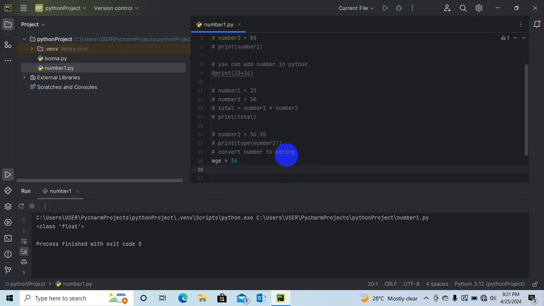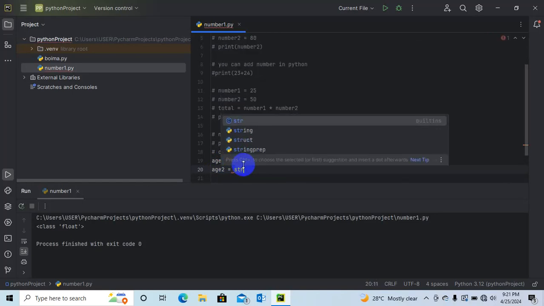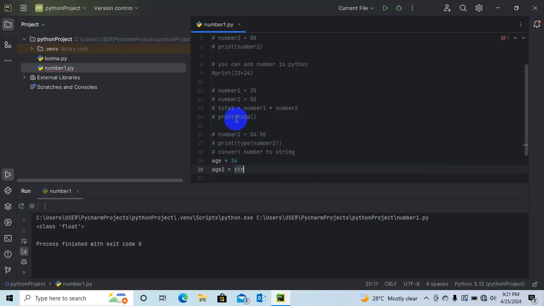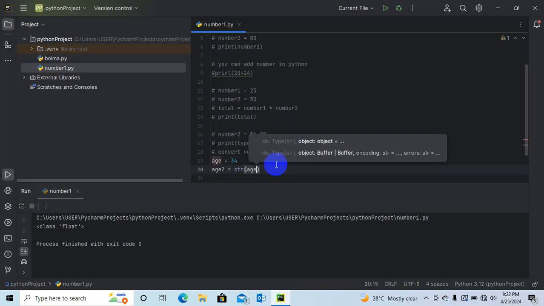Then we say age 2. Now we want to declare this 34 as a string. So we can say str, which is a representation for a string, parenthesis, then we put age there. So 34, then we put age.